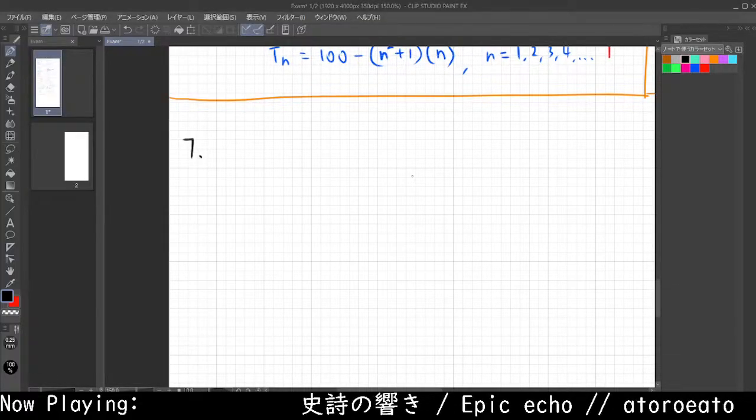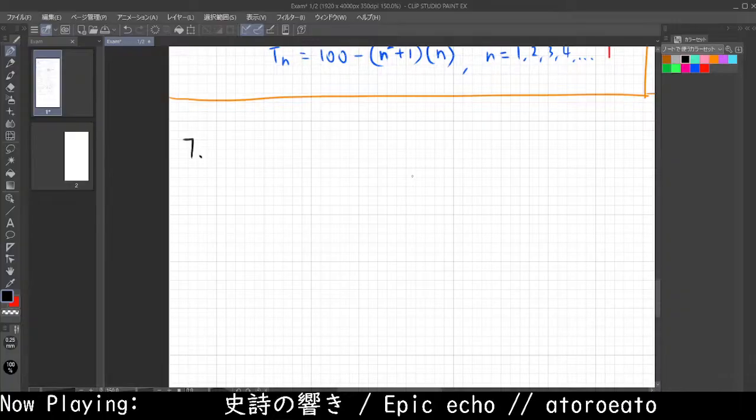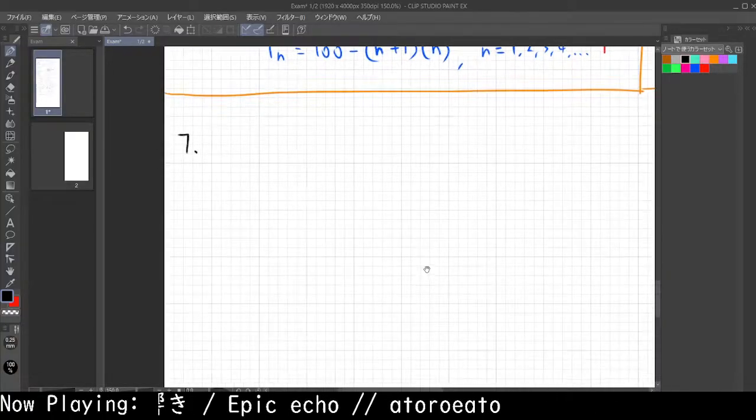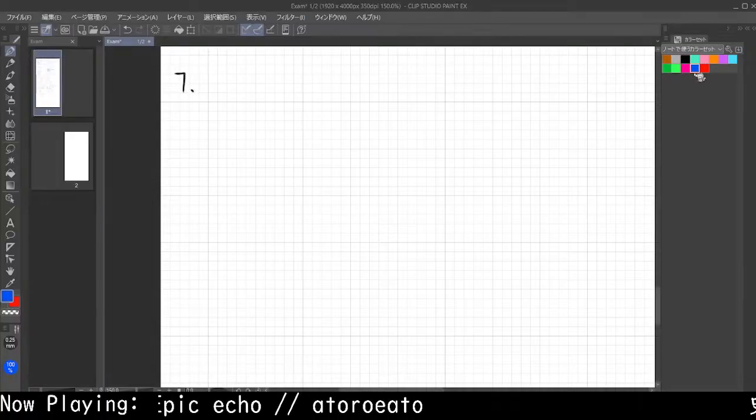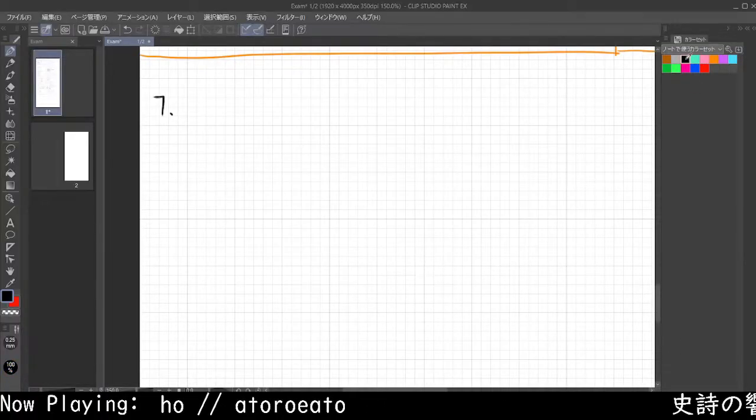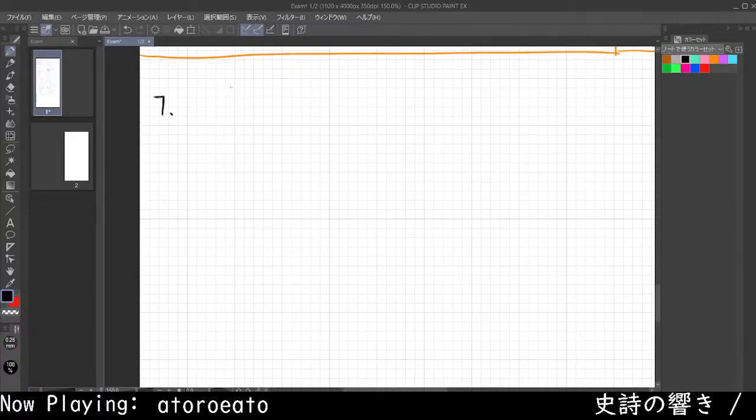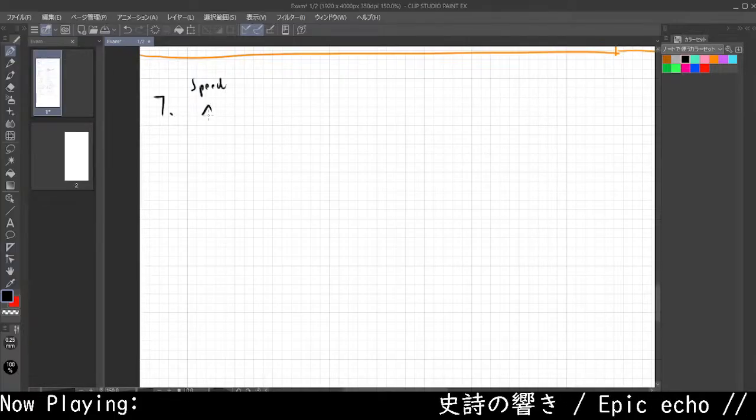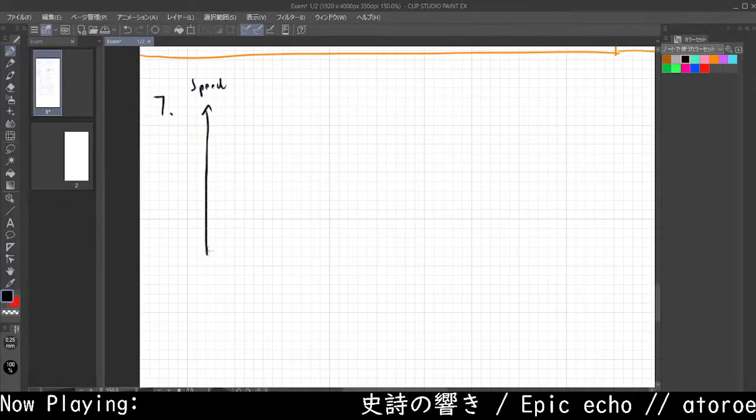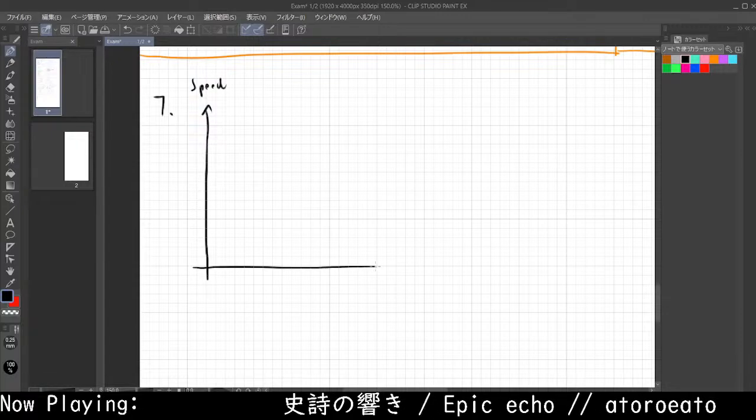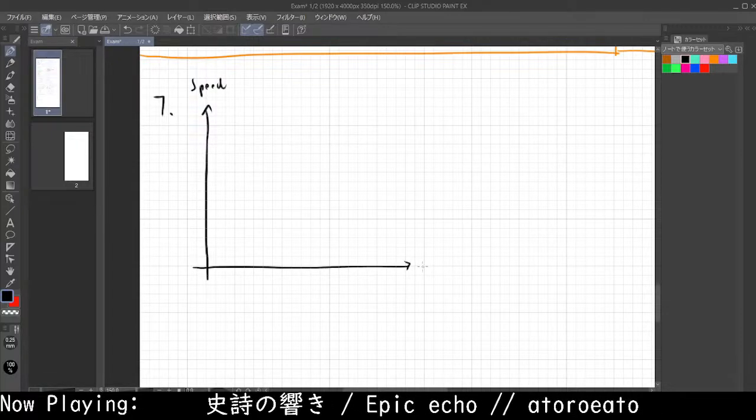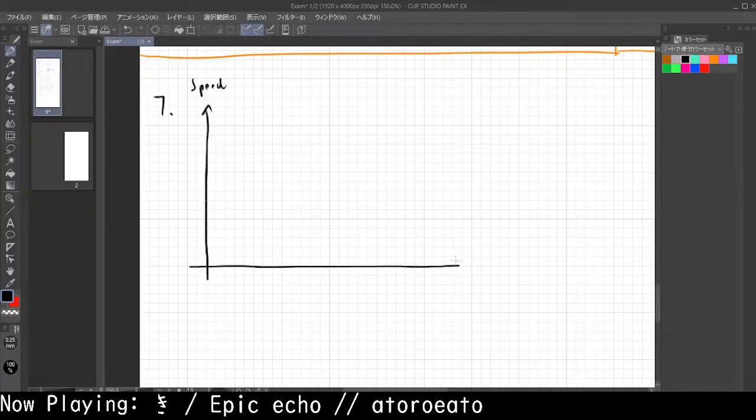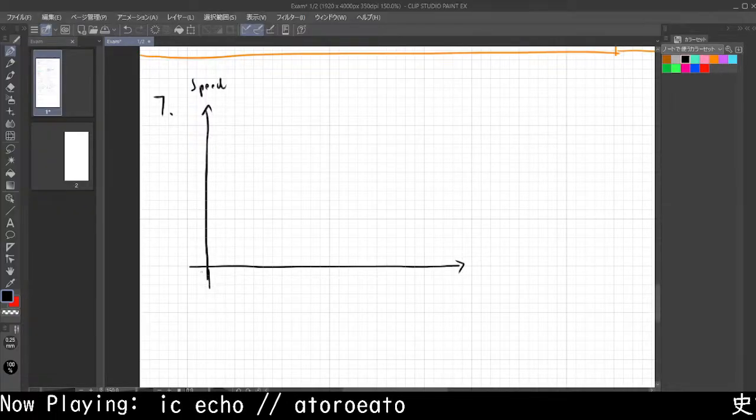Q7 is the speed time graph. Okay, I believe this one is quite straightforward. If you know how to do it, you guys did get it correct, so it's fine. This is one of the questions that, I would say most of the questions are you either get it or you don't. What's the term for it? Anyway,